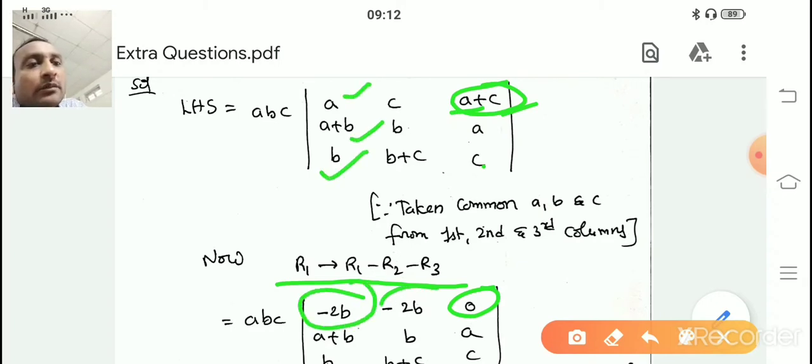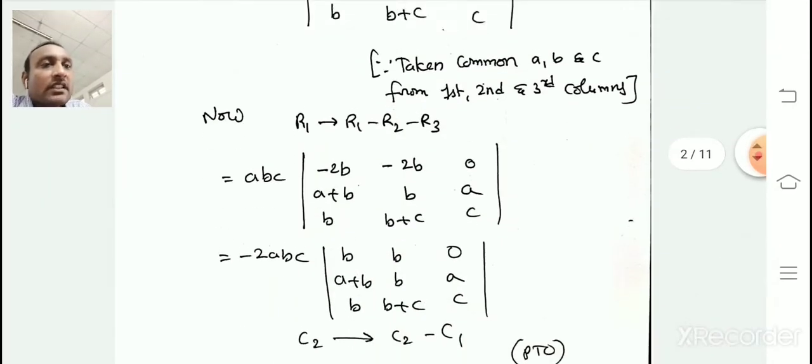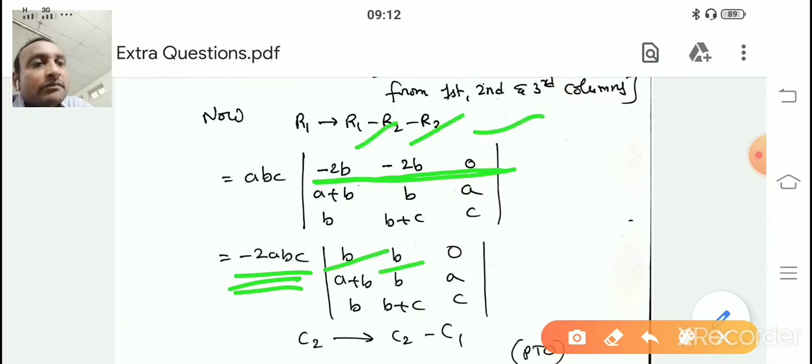Here also it is the same thing; the minus 2B will come when you do the operation. Carefully do some rough work, and you will get it. Next, see that minus 2 is common from this row, minus 2 ABC. Take it, then B 0, because 0 has a common factor with everything. 0 is there, which means you can take whatever common factor you want, minus 2. So minus 2 is taken out from this.